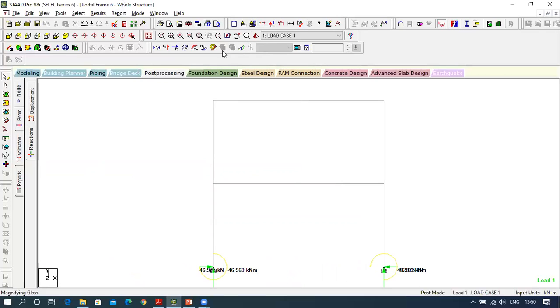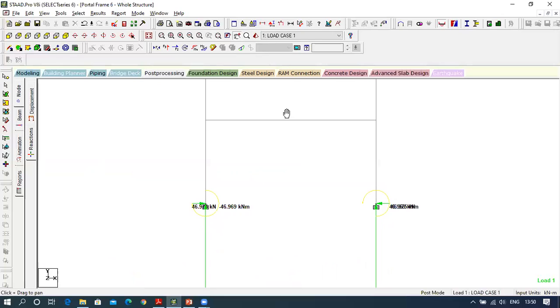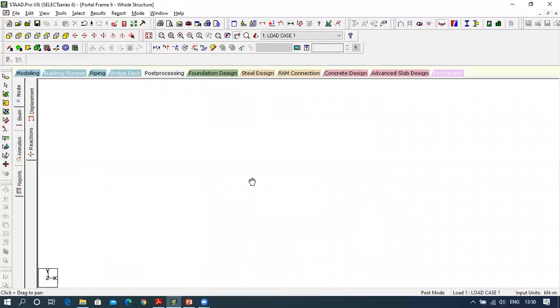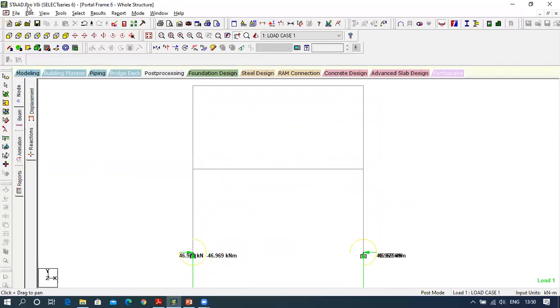So now you are able to see the reactions. You are seeing the bending moment also. So similarly, you can take the picture of this one, and you can prepare a report.